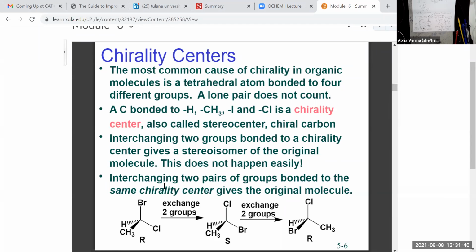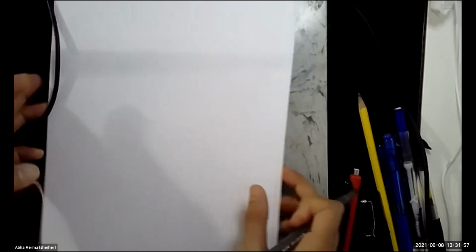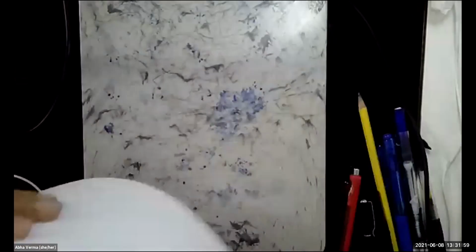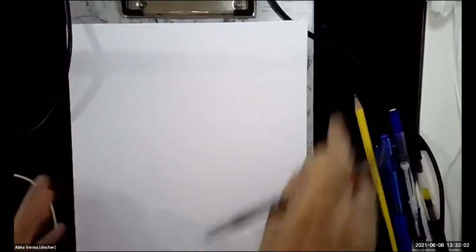This is done by interchanging any two groups of the chiral center or the chiral carbon. Now, let me show you an example of how this will be done, and we'll come back to this slide. Okay. So when you interchange any two groups,